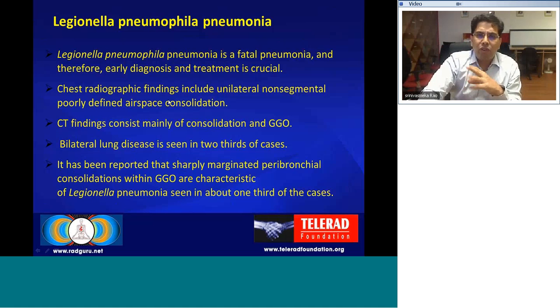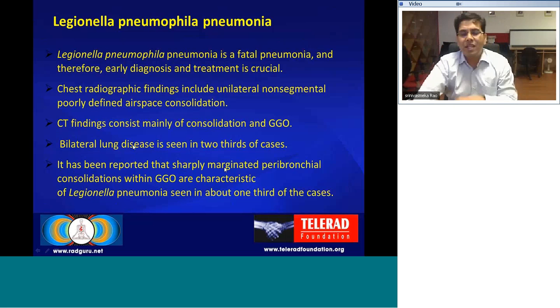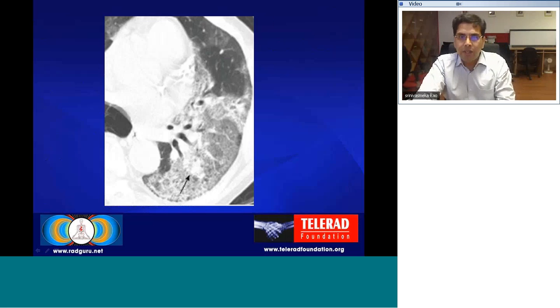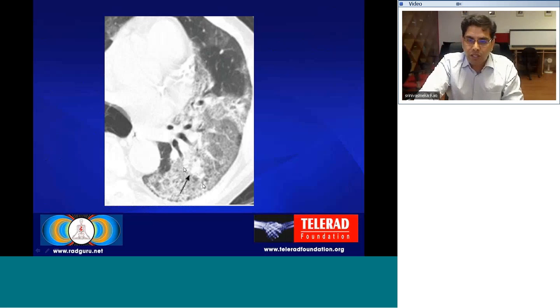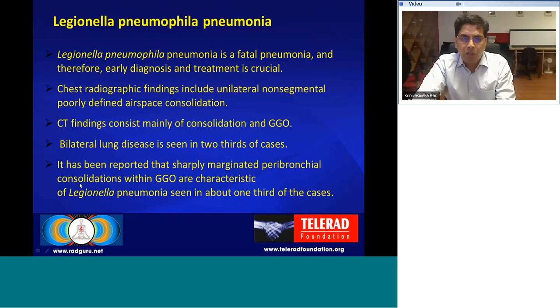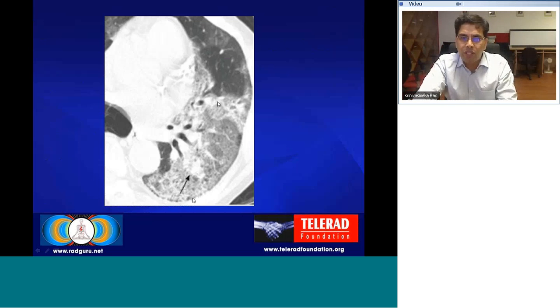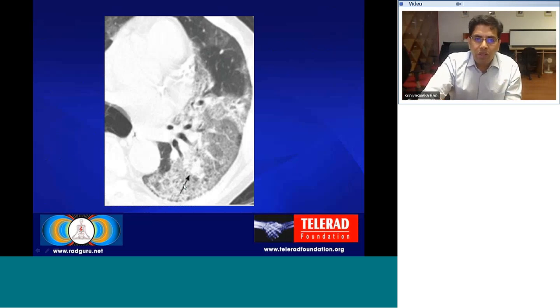Chest radiograph findings include unilateral non-segmental, poorly defined air-space consolidation, again non-specific. CT findings consist mainly of consolidation and ground glass opacities, and bilateral lung disease is seen in 2/3 of cases. It has been reported that sharply marginated consolidation, peribronchial consolidation with ground glass opacities can be seen. These are all the ground glass opacities. If you ever see very well defined consolidation within the pneumonia,